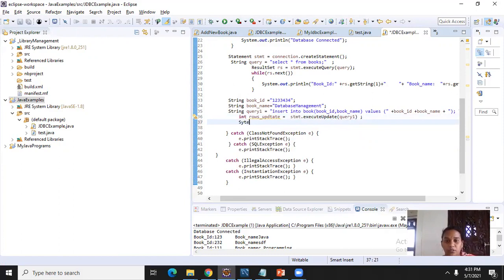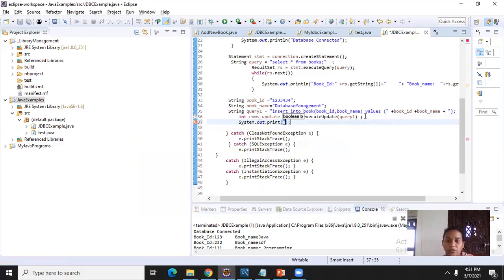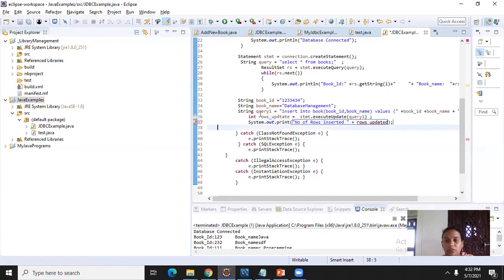So if it succeeds, we will print the output. System.out.println, and console, number of rows updated. I am printing here. Okay, this name must be the same as this name.